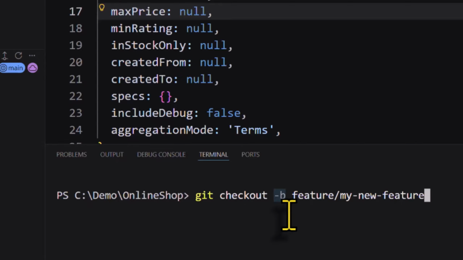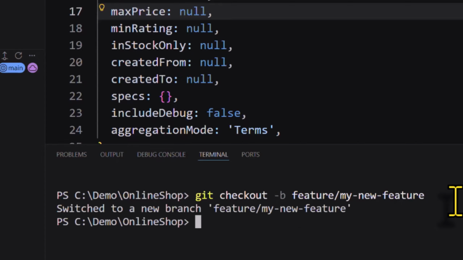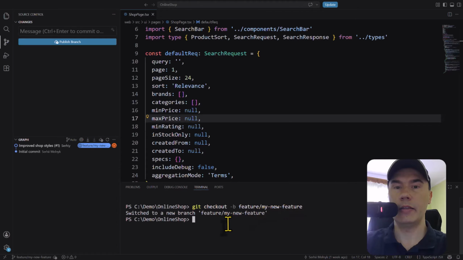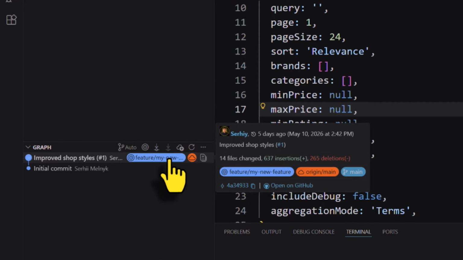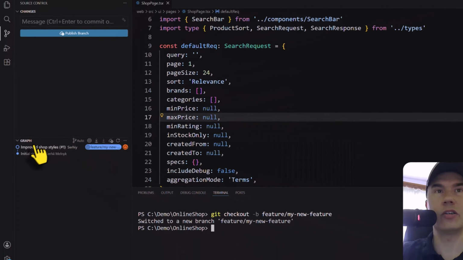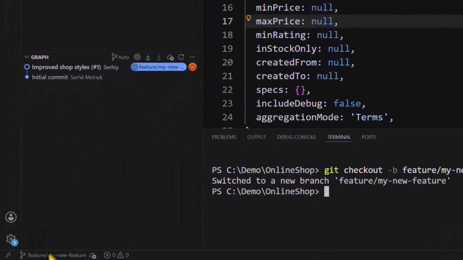One command done. Let's try to use this command, and we can see log message that we already switched to this feature branch,